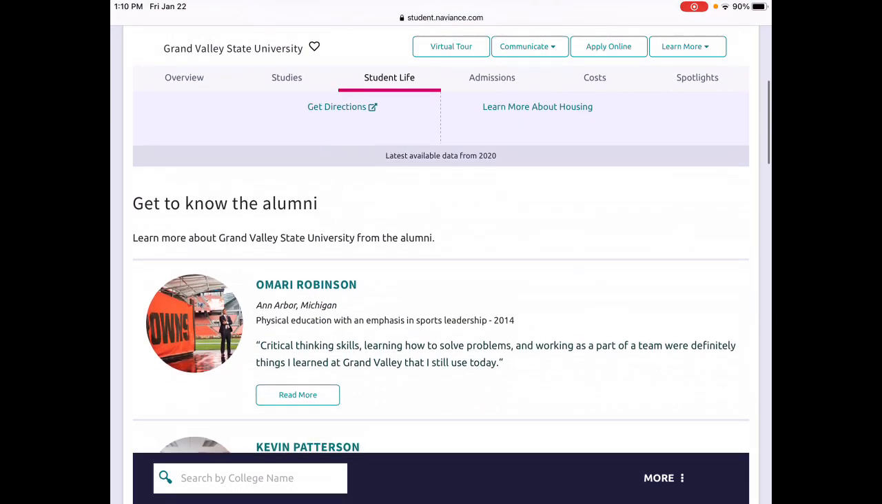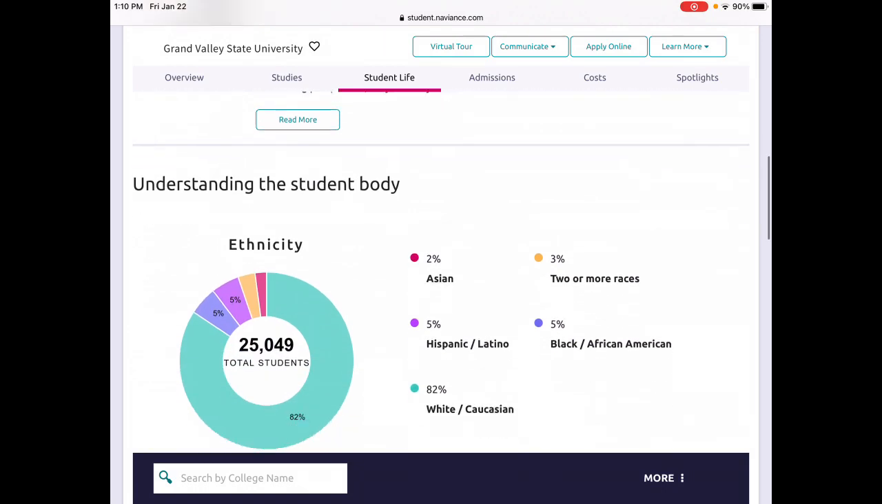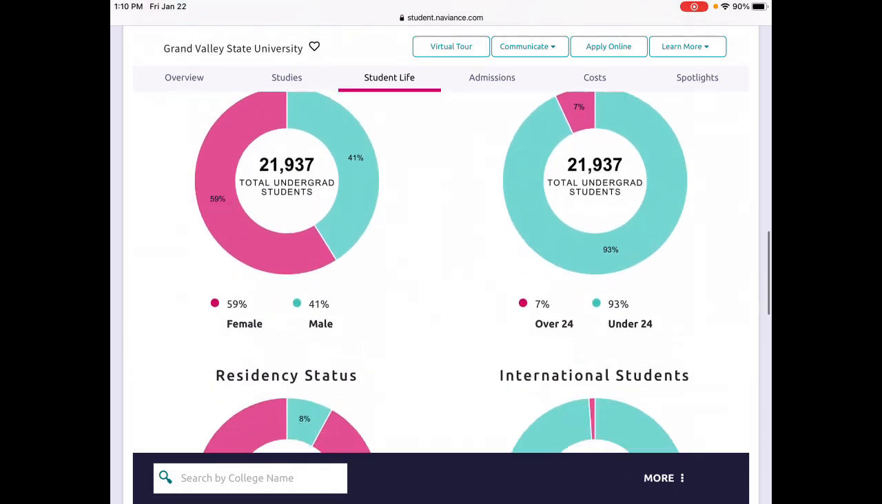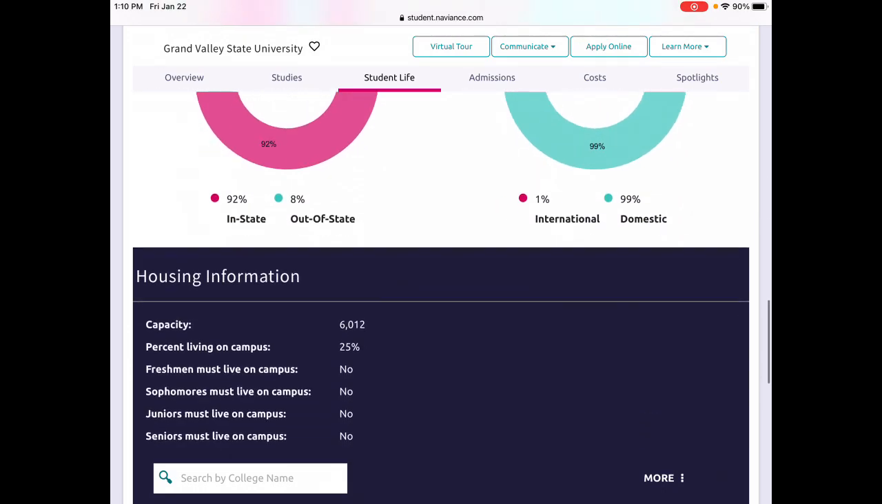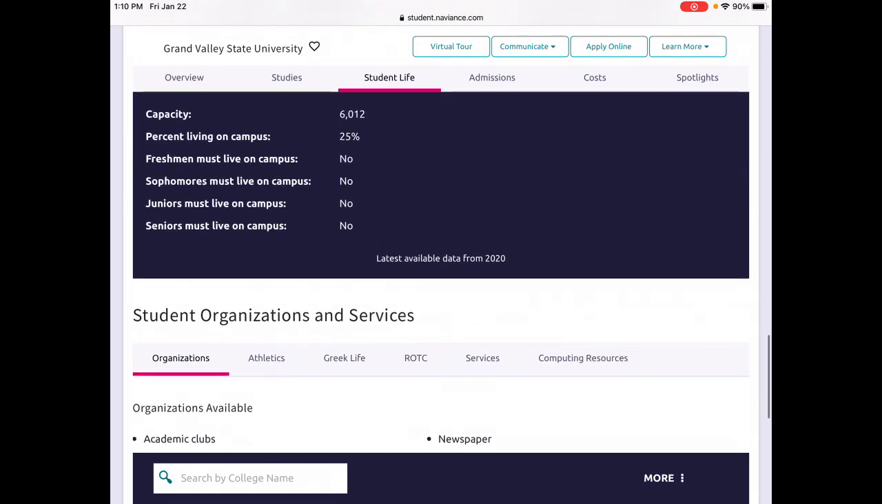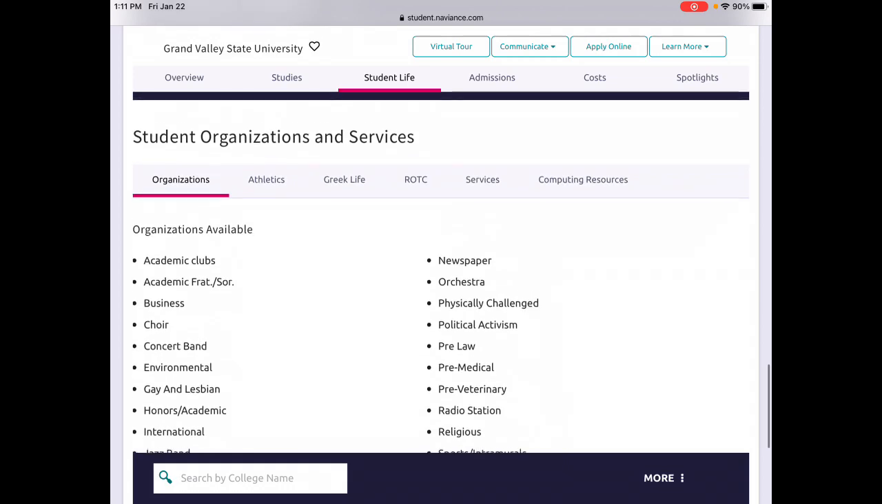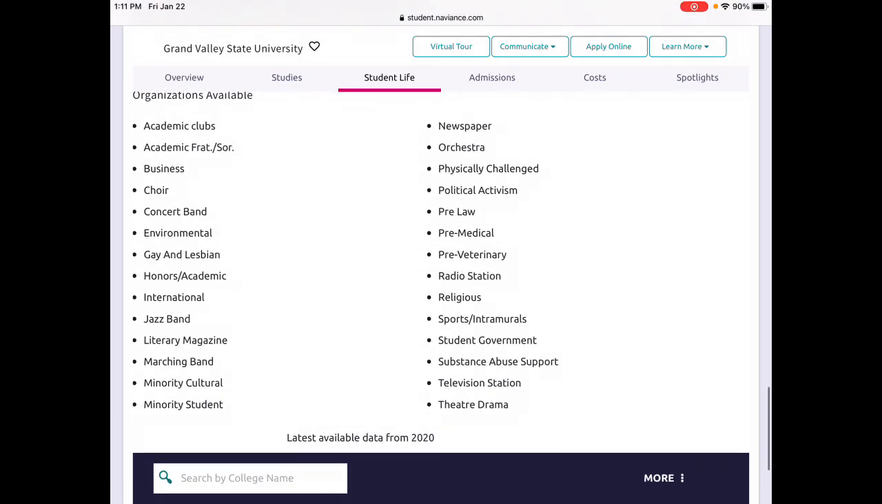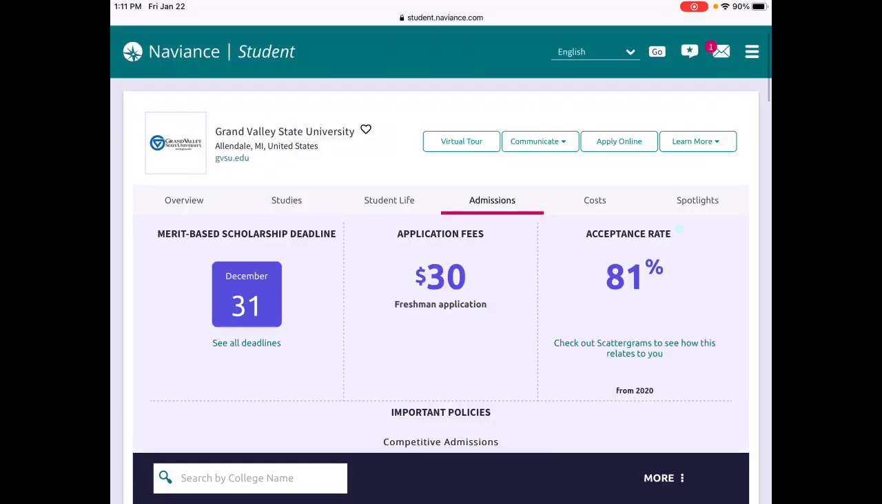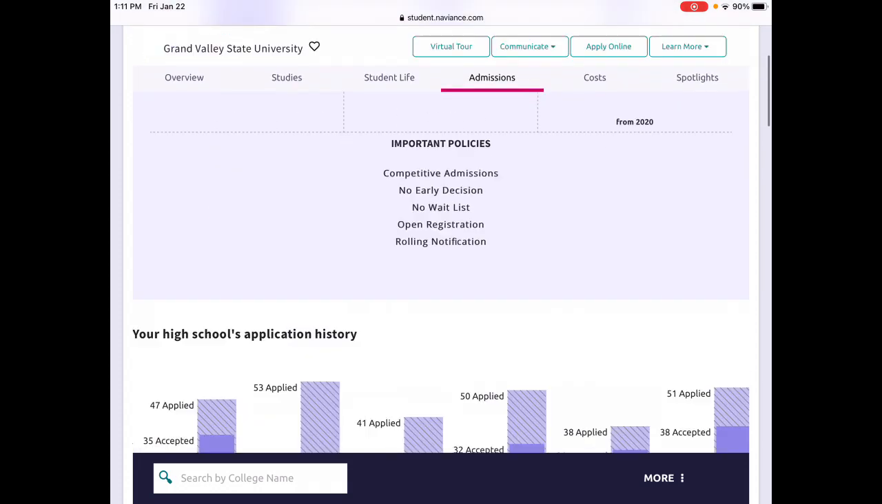How large of a university are they? Where are they located? What does the breakdown of their student body look like? Different information about housing and different clubs and student organizations that might be available at that college or university. When I select the admissions tab, it will give me an idea of possible deadlines for applications, application fees, acceptance